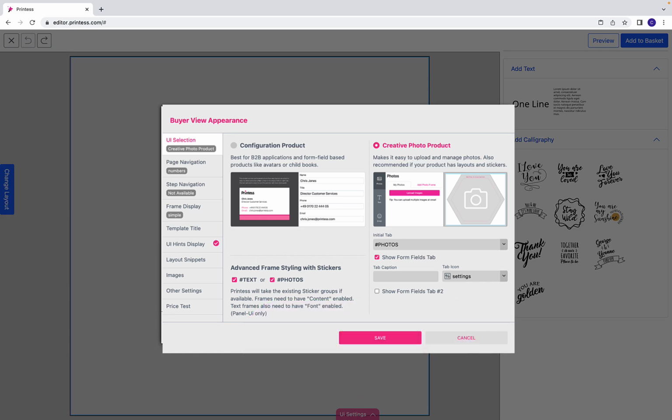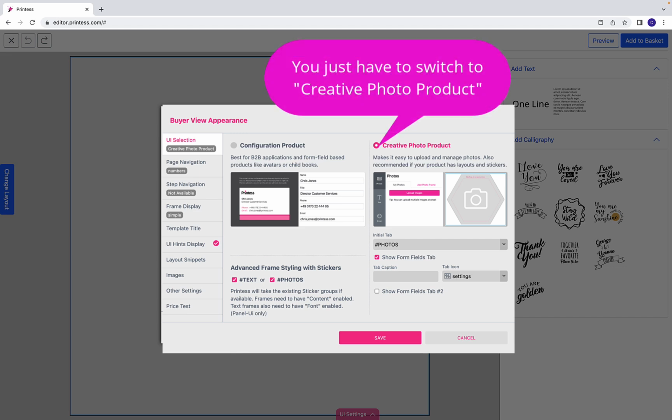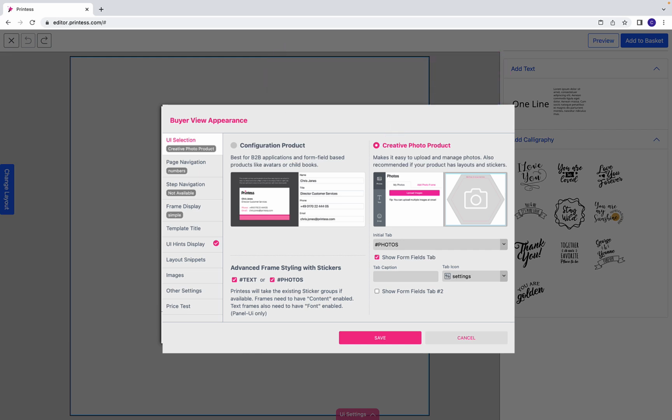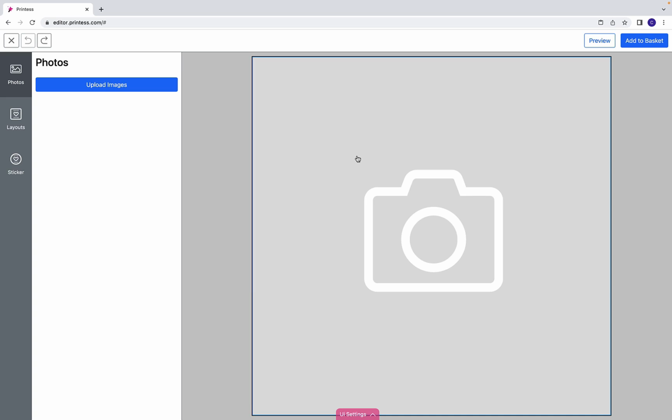Let me click on Show Photo Snippets tabs. This is actually a different concept of a buyer side design, which is really handy if you allow the people to change layout, to add snippets, to do a lot of different things. So when I do that, it actually gives me another checkbox here that I allow adding images, I will come to that, and we get an initial tab. We will learn all that. So here I am, and what I see now is